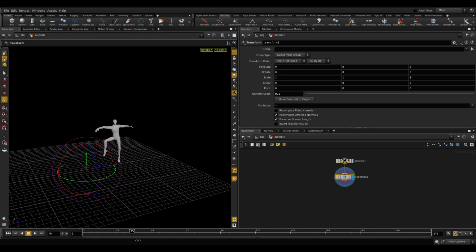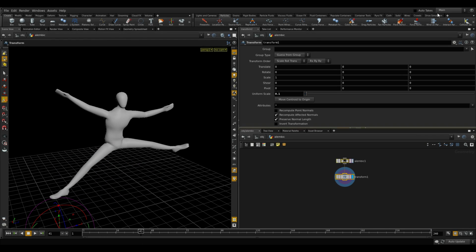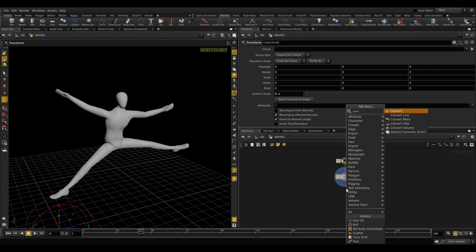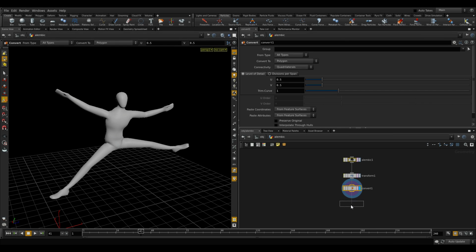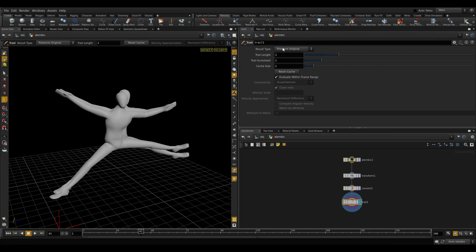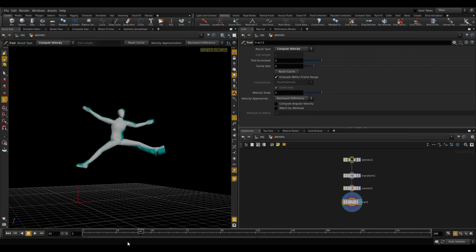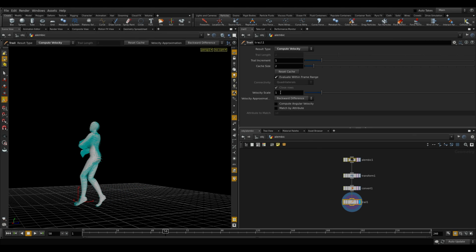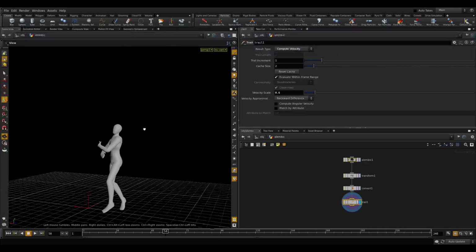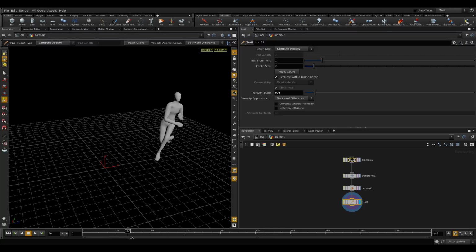Alright, so I have my geometry here. And the first thing I'm going to do is convert this to a polygon and add a trail node, so I can compute the velocity. Alright, as you can see, maybe the velocity is too much. I'm going to change this to like 0.6, I don't know, yeah, it's good. So we have our geometry here, as you can see,